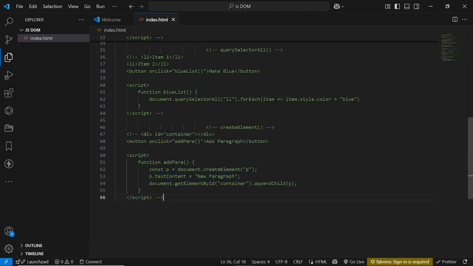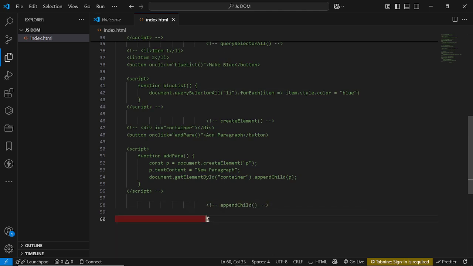So next one we're going to be looking at is appendChild. appendChild is used to add a new child element to an existing parent element. So let's test that. Let's see how it works. So yeah, that's it. So appendChild. So let's create a UL